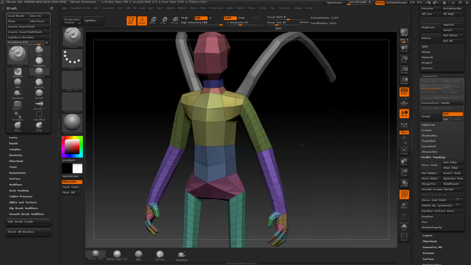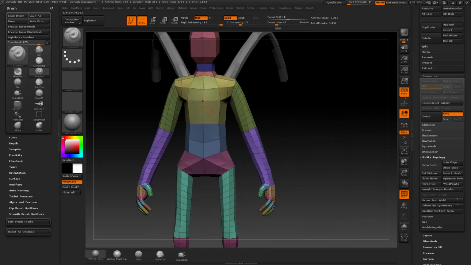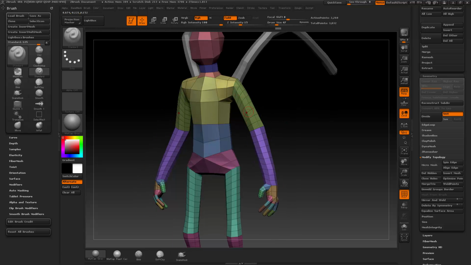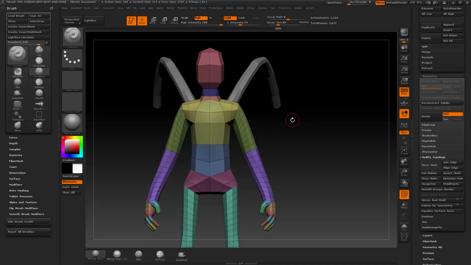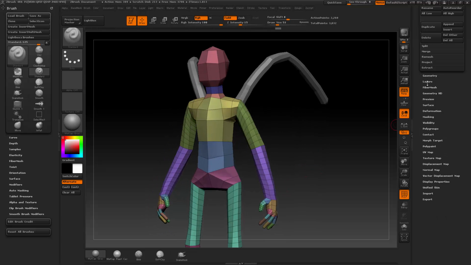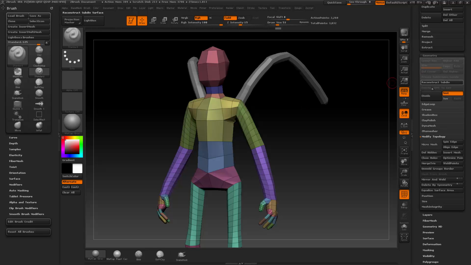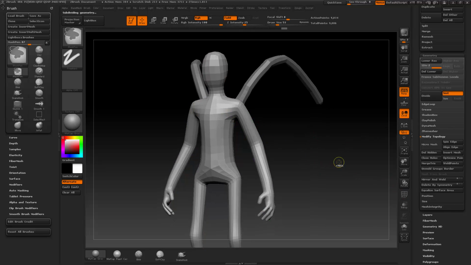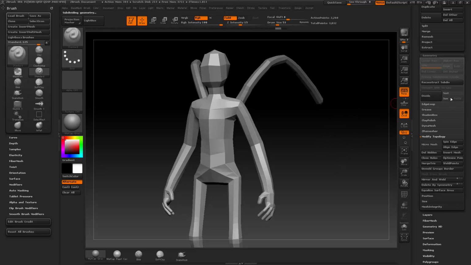Now, right now, the geometry isn't super even. You've got really low poly here, and it's getting a little high poly down around the fingers. Not a huge deal. You can go into Dynamesh and even this all out. Or, if you want to refine as you go, to your geometry menu, and just for the time being, if I hit divide, or Control-D, that's going to divide your mesh, but did you see how it kind of melted when I did that? If you want to avoid that, you can turn off the smooth modifier, hit divide, and